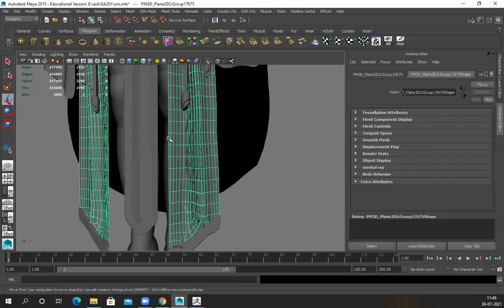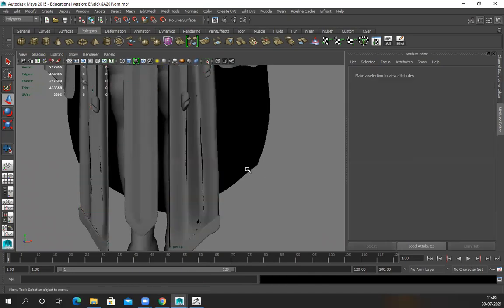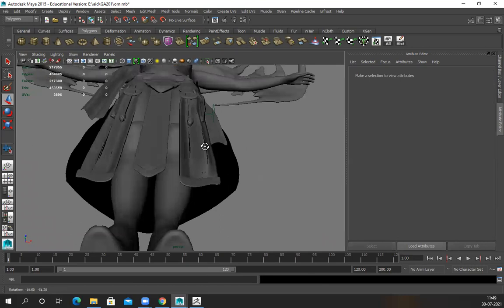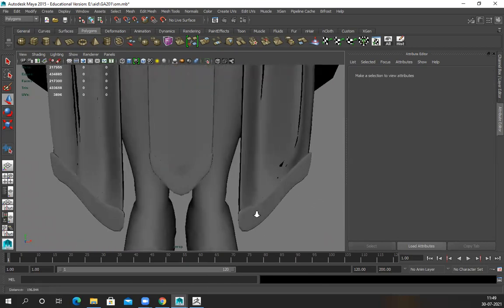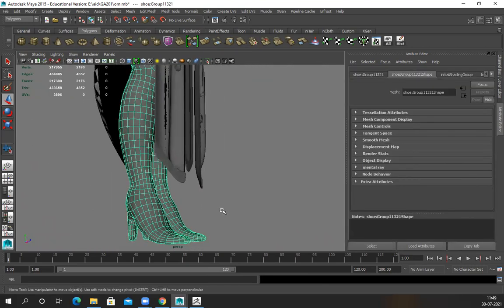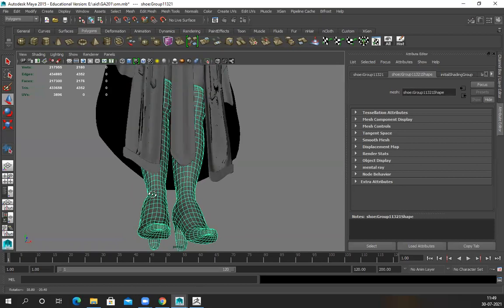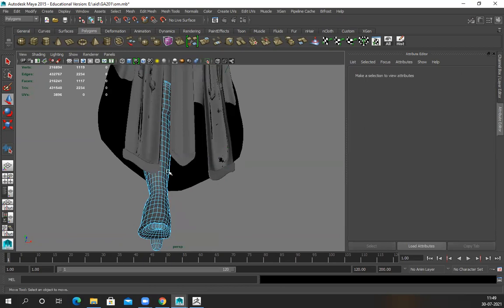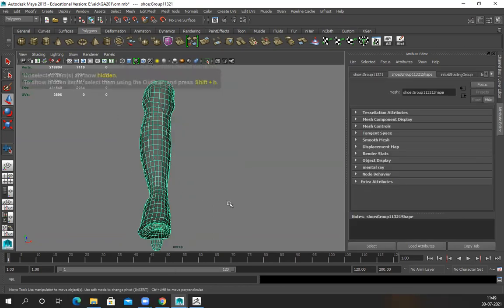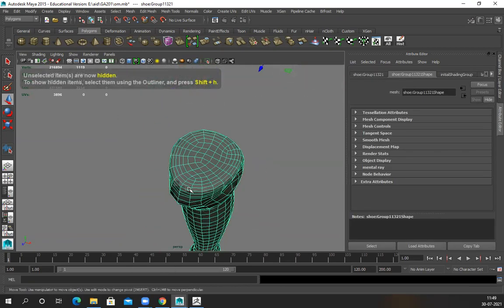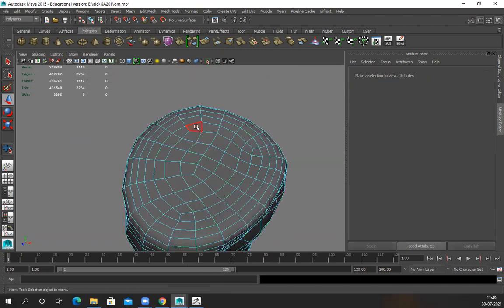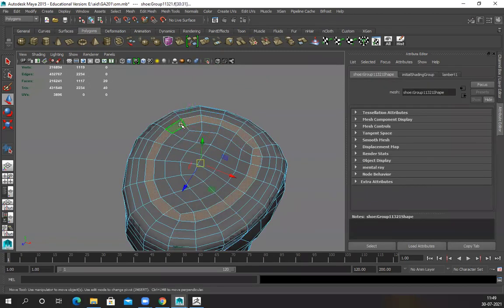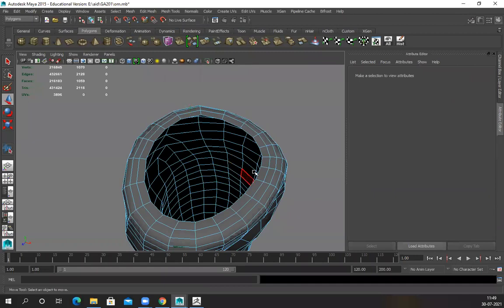This double-sided thing I'll definitely fix. I'll delete one side and keep it clean. For unwrapping, I'll just unwrap only one shoe and delete the other. Delete, delete, clean.